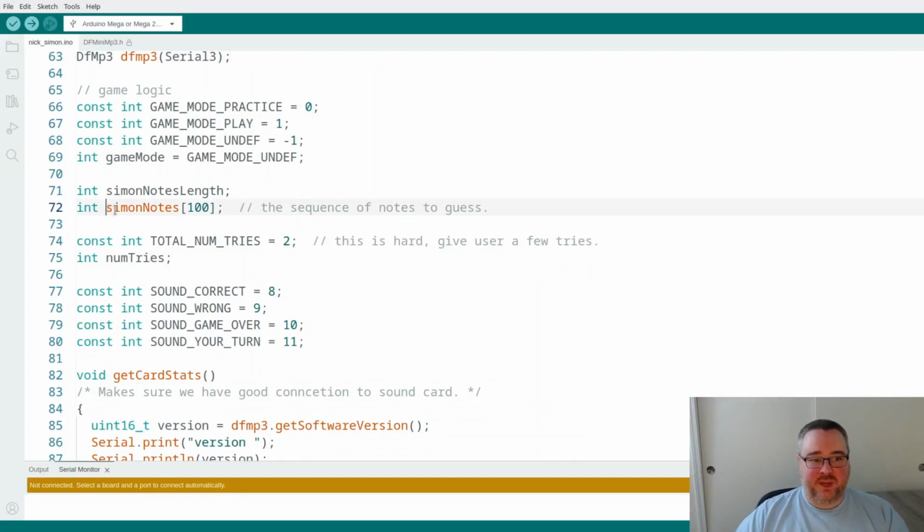And then we have the Simon notes. So this is the pattern. And what I do for the pattern is I create a 100 note array, and I just generate that at the beginning of the game. So it's not saying here's one note, now play 2 notes, now play 3 notes. It's not creating that over and over again and adding to it. It's basically just as you play the game, it already has all the notes up to 100. Hopefully nobody gets to 100 because then my game will break.